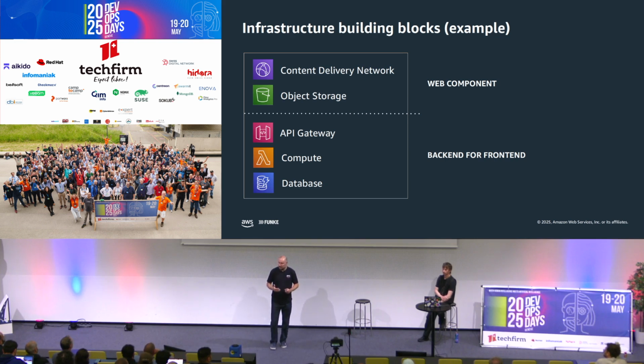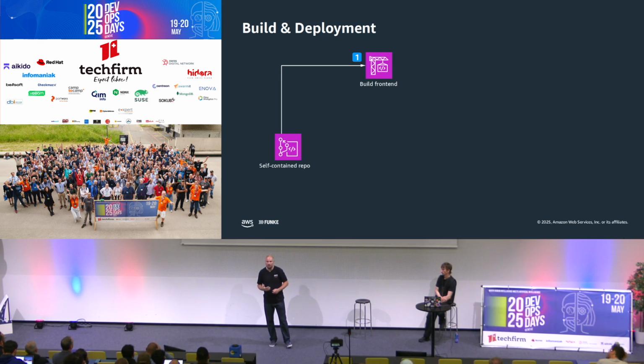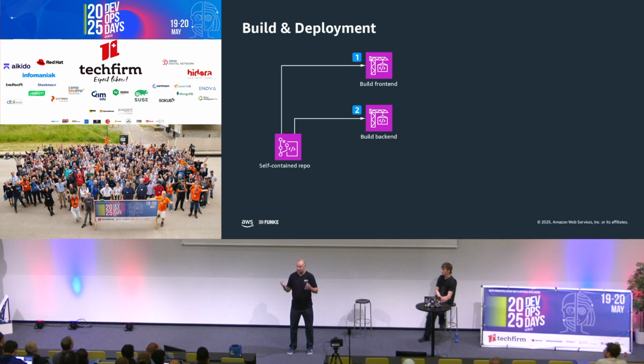How do you deliver that? How do you build and deploy that? It is very similar again to microservice architecture. So you have that self-contained repository, and during the CI/CD, you would simply first build the artifacts, so the front-end web component part, typically using some NPM-based build process. You would build the backend, depending on the language. This can be anything that the team likes. Typically, Node.js is quite well suited, but it can be Java, Python, whatever you want to have at that little